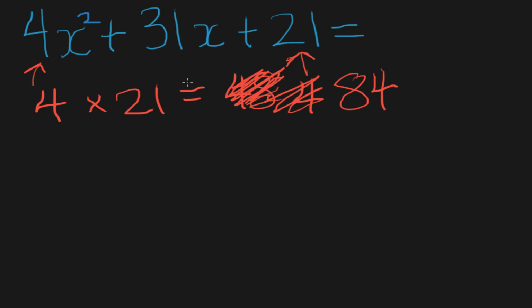Now you take that 84, and what you do is you find other factors of it. So you want to find factors of 84. For example, 2 and 42, or 1 and 84. Can 3 do it? Yeah, pretty sure it could. 3 and 28. You could go on, but what you want to find is, if we label these,